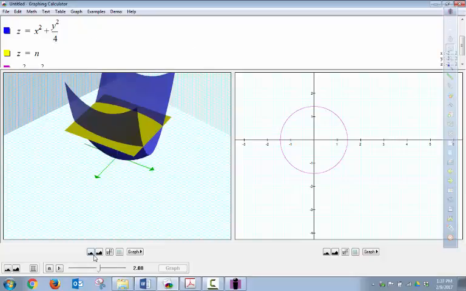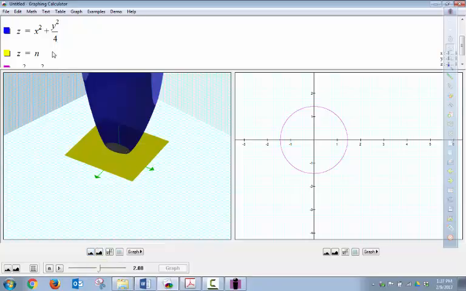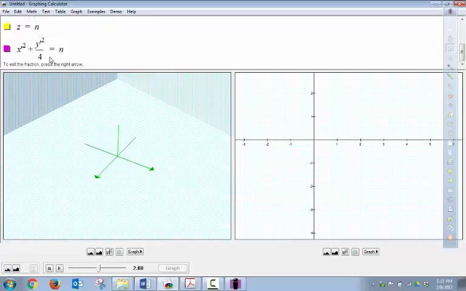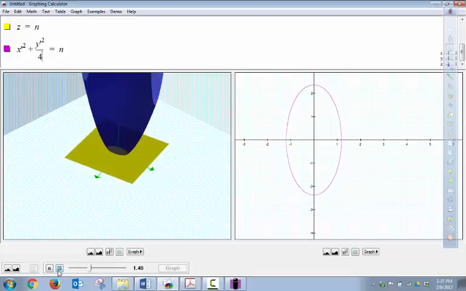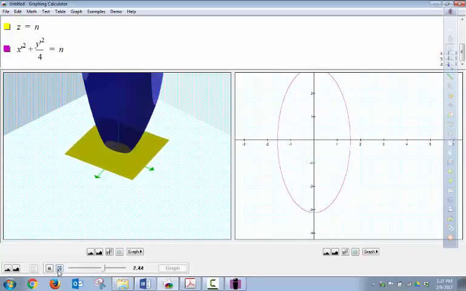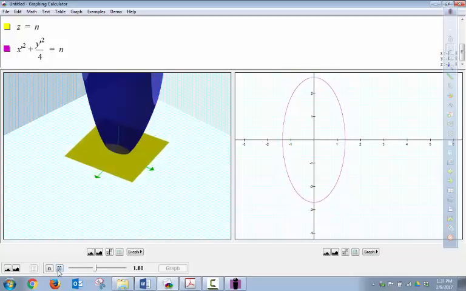All right, maybe we could zoom out. So that means I have to do that with this one. Divided by 4. So now, instead of circles, we have ellipses. Elliptical. Yeah. What does it look like if y equals n? If y equals n? Yeah, would it still look like an